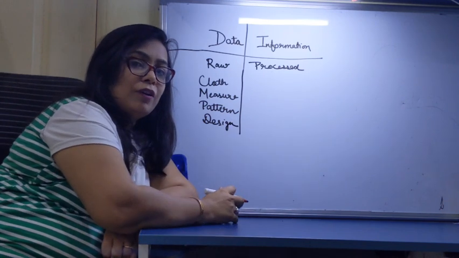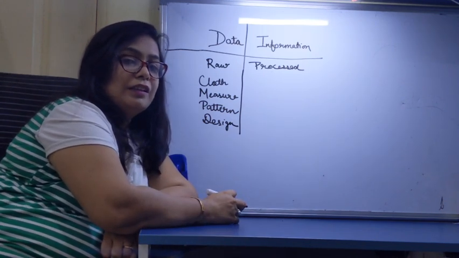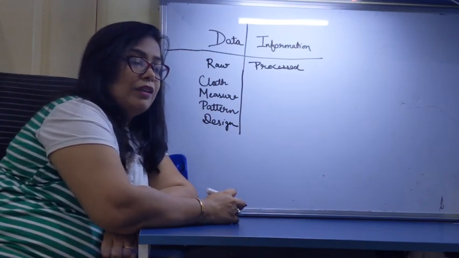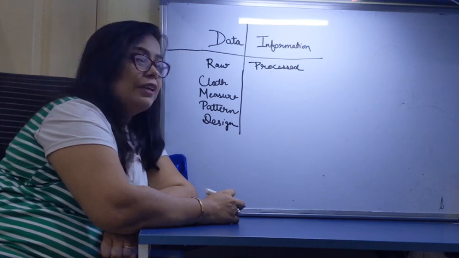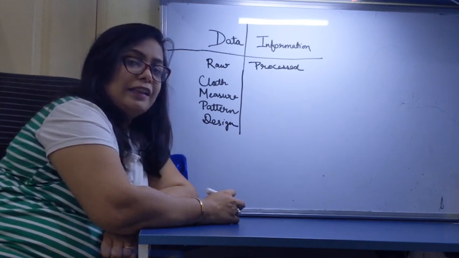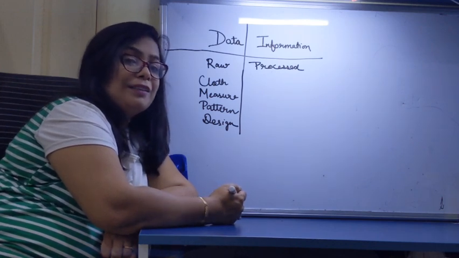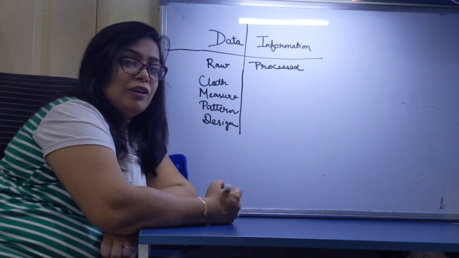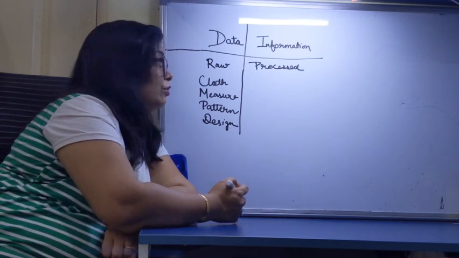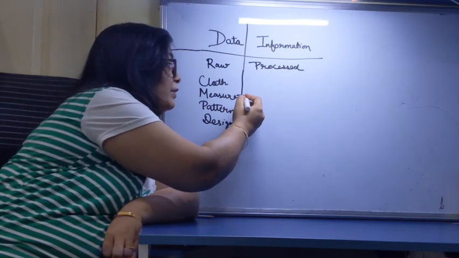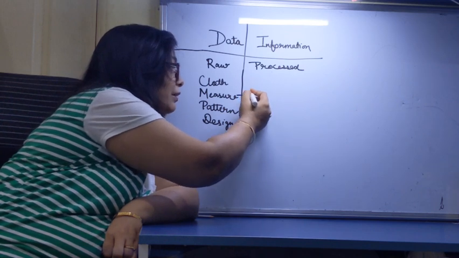Basically, you have to tell about all your likings, all the things, all the information. After that, the tailor will process it. The tailor has to cut it and stitch it. So it will do some work on the basis of the data provided, and that will become information. What will the information become? It will become a dress for you.